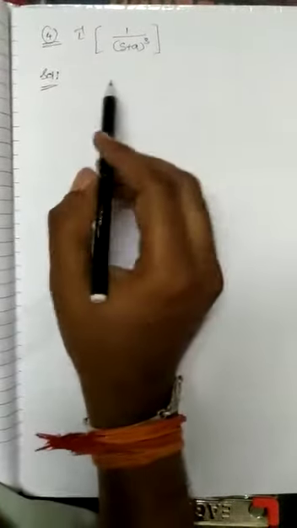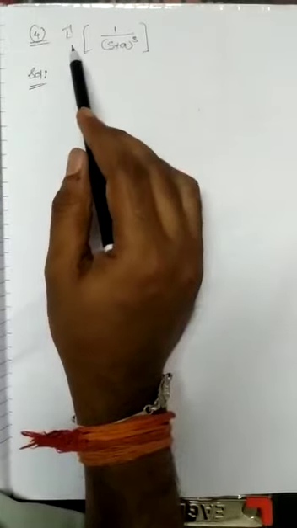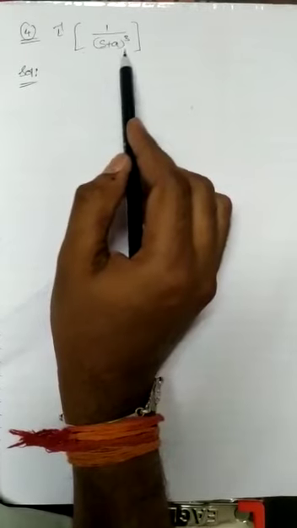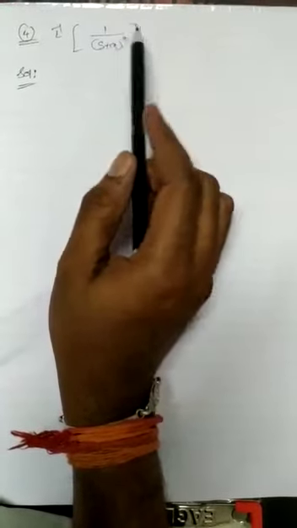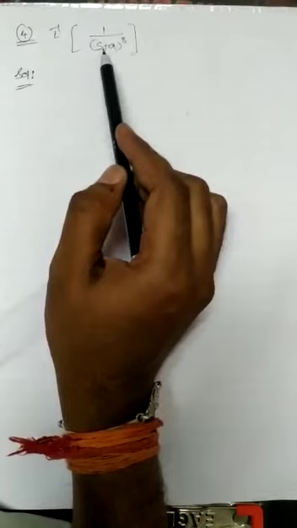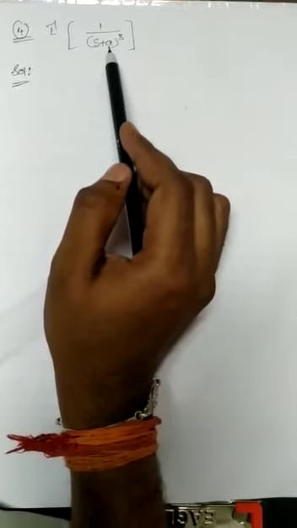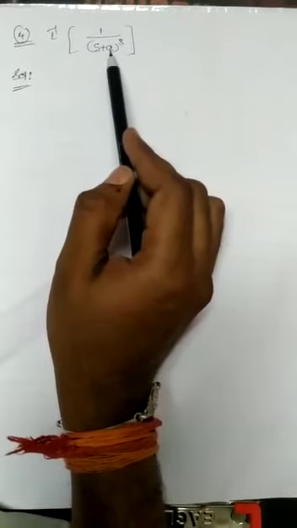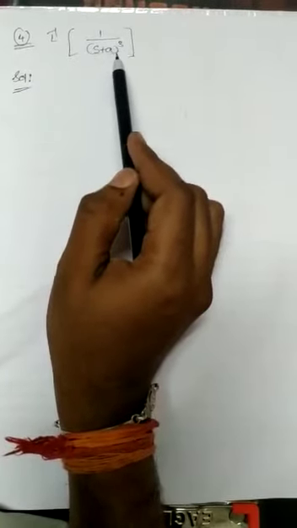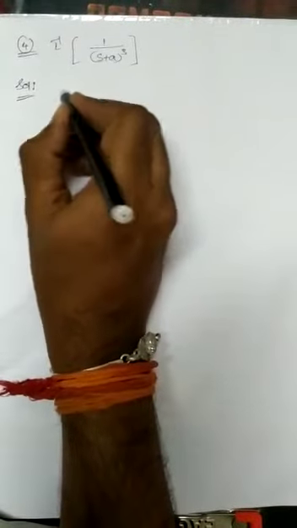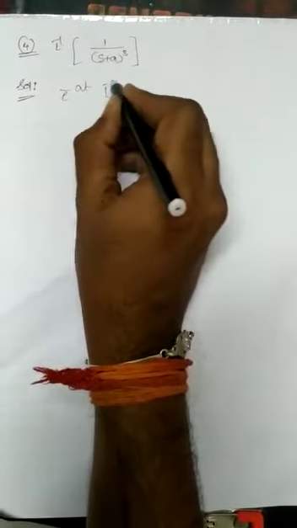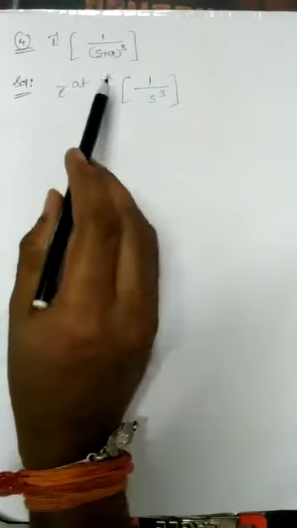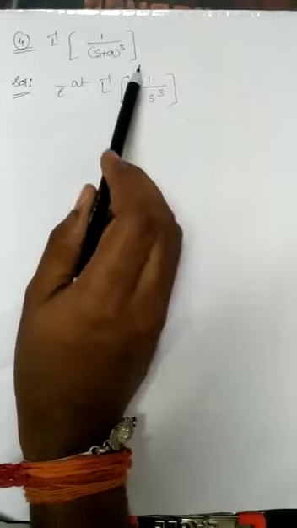Okay, now let us see one more problem. That is Laplace inverse of 1 by (s plus a) whole cube. Already we have the s plus a term, but in the numerator we have a constant. So directly we can replace this s plus a by s by writing e power of minus at outside. Here in place of a we have a only, we don't have any constants. So we have to write e power of minus at outside. So if you write this e power of minus at outside from that function, what you will get? Laplace inverse of 1 by s cube. So s plus a is replaced by s. So what you will get: 1 by s cube.